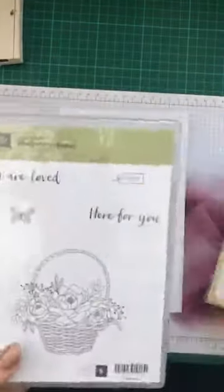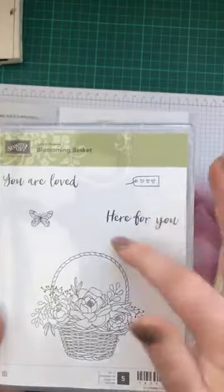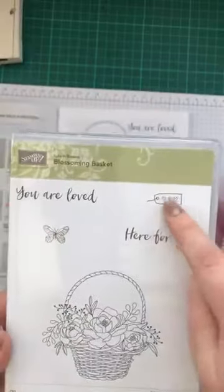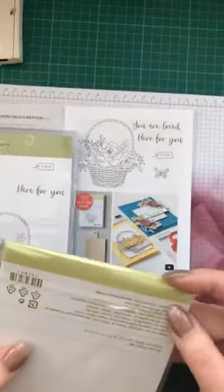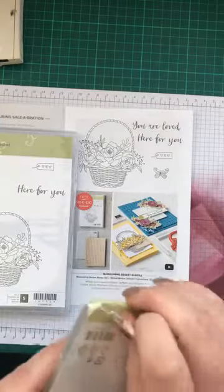So this is Blossoming Basket. Here for you, a great, beautiful basket, great for Easter, with a butterfly and a little tag that you can do. But it also comes as a bundle, the first time we've never had a bundle before. To be fair, we've never had Level 2s before, so this is good. So you get a stamp